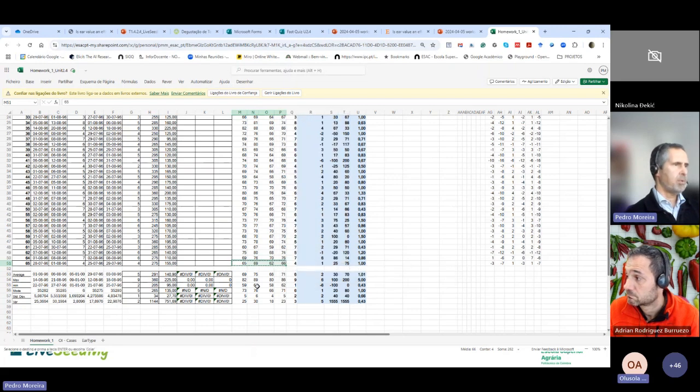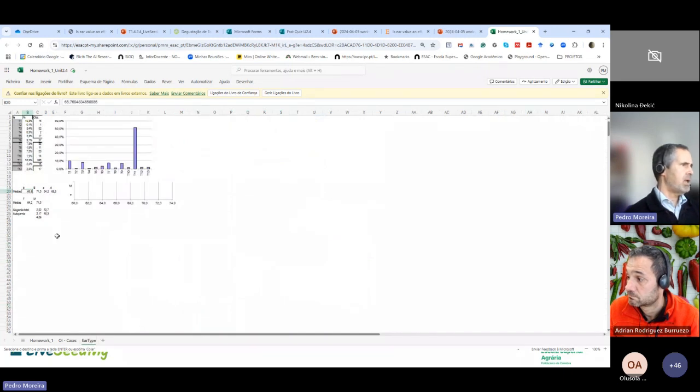So you copy this and you go to the ear type, and if you use this information here,